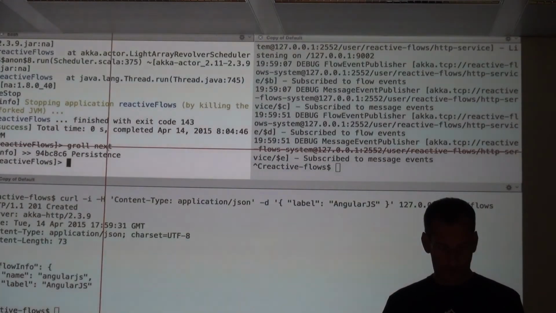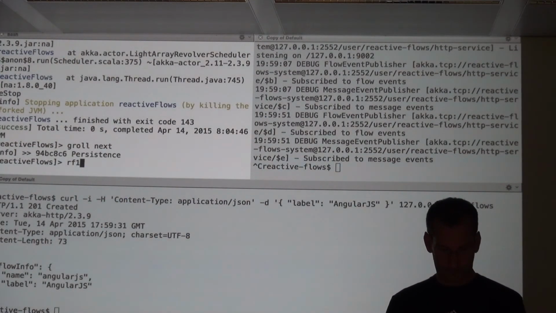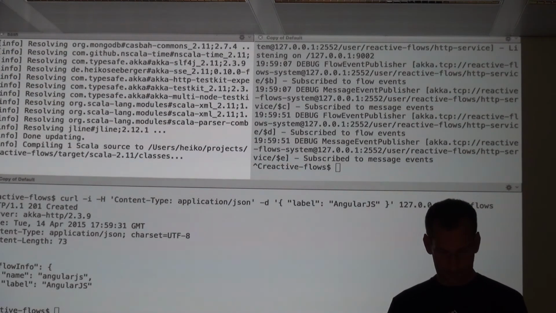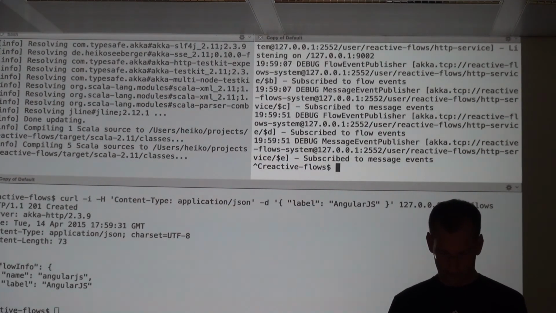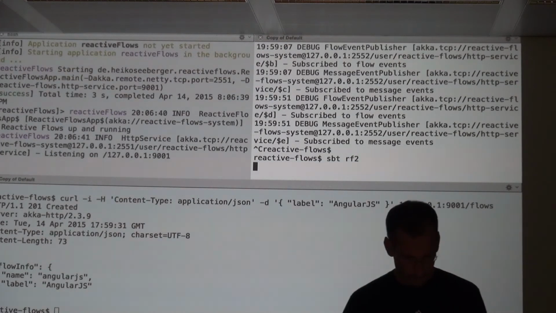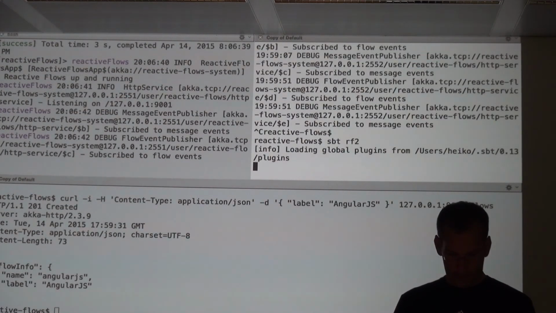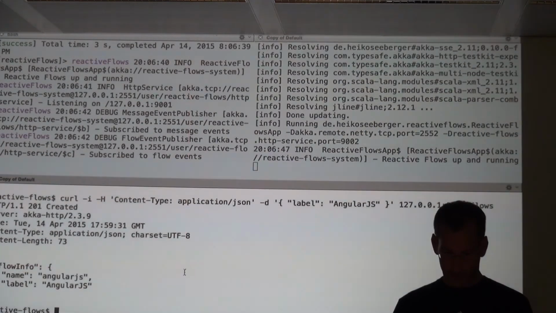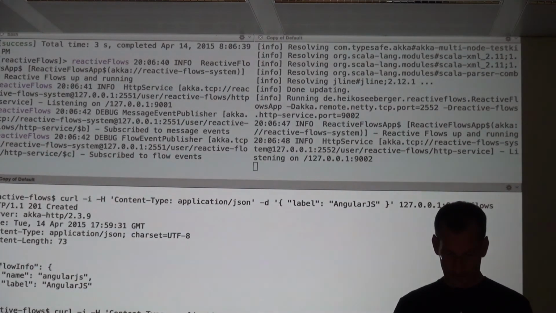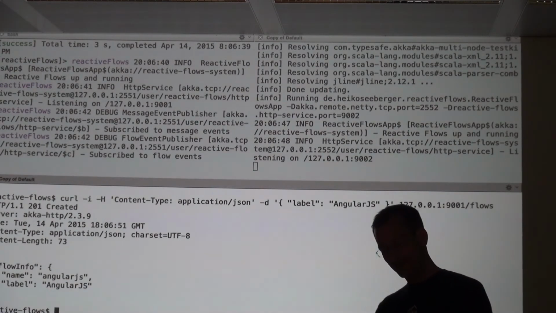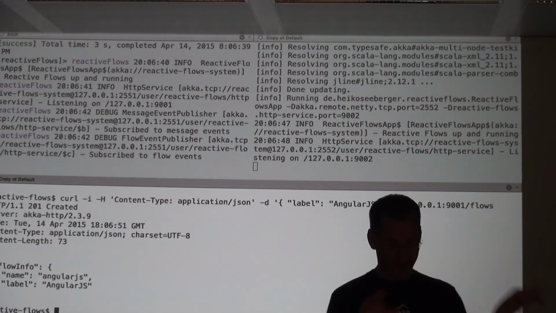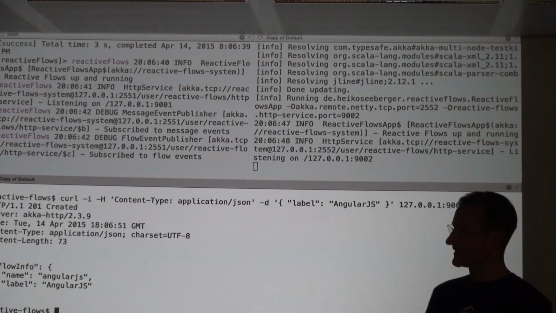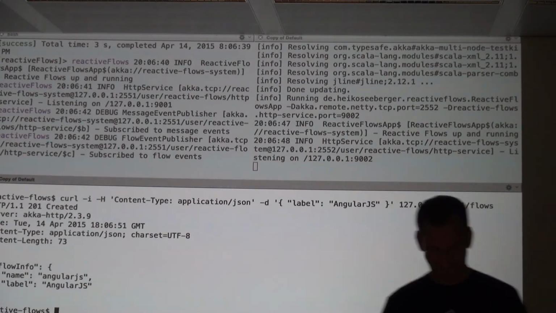So let me just run that. Both are up. Okay, creating those two flows again. So flows are persistent, but not the flow names, the flow labels. So in order to show data replication.